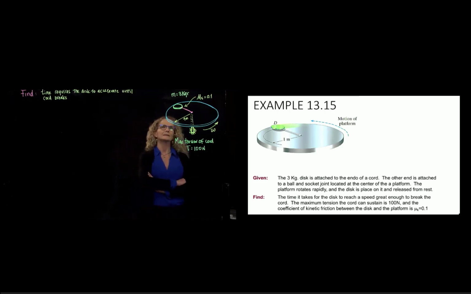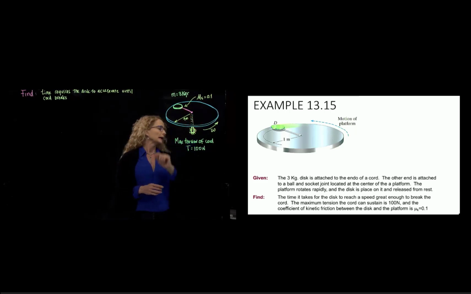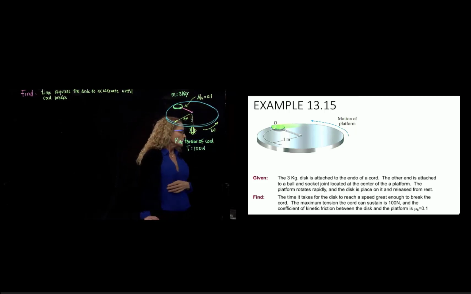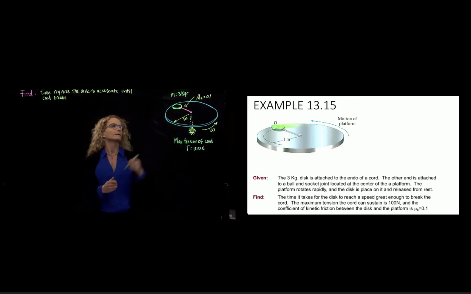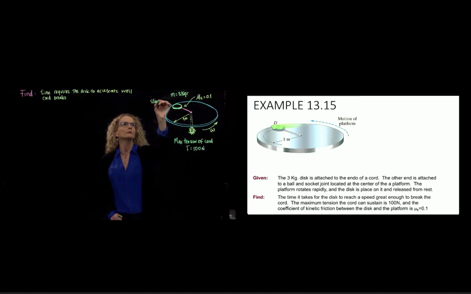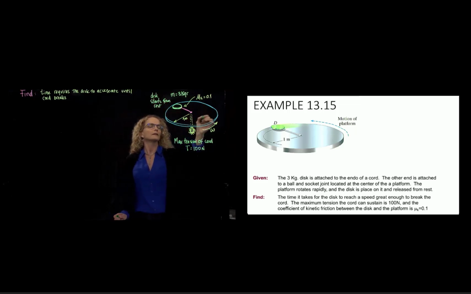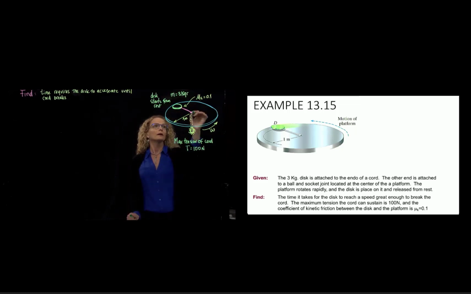So we have a disk of 3 kilograms that is attached to a cord, as you see here, and the cord is attached to a ball and socket, so to the center of this big platform, right? So the platform rotates very quickly when I place the small disk. So the small disk, let's write that, starts from rest. Little disk, right? And this platform is moving very quickly. So if you stand up in the platform,